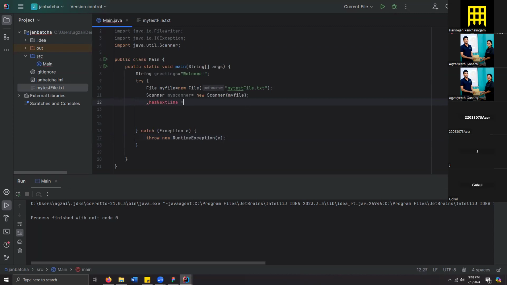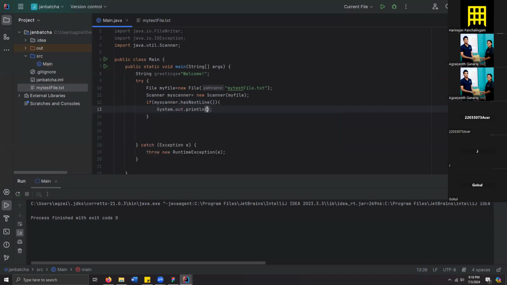So this method returns a boolean value, true or false. If it's true, it means there's some data inside your text file. If not, it means there's no data inside your text file. So let's check if this is working. I'm going to use an if statement to check if we have any data inside our file. I'm going to call the scan object which we created, my scanner dot hasNextLine. If it's true, I want it to print, let's say, we have something inside. Else, let's say